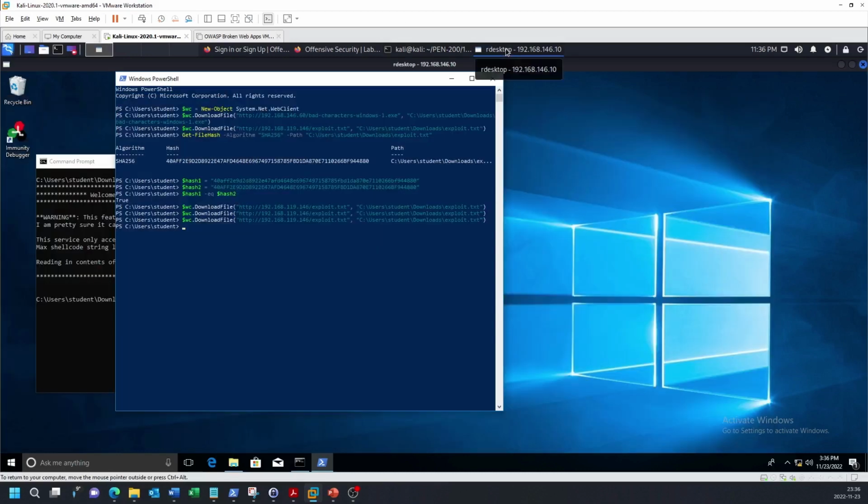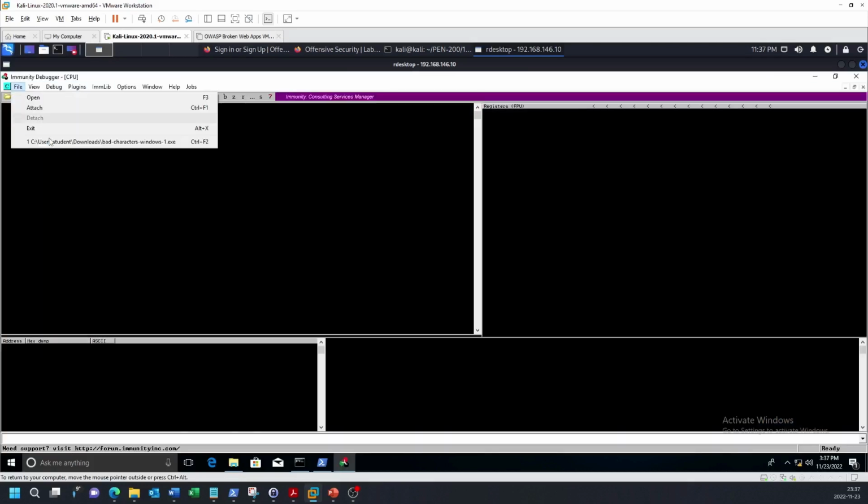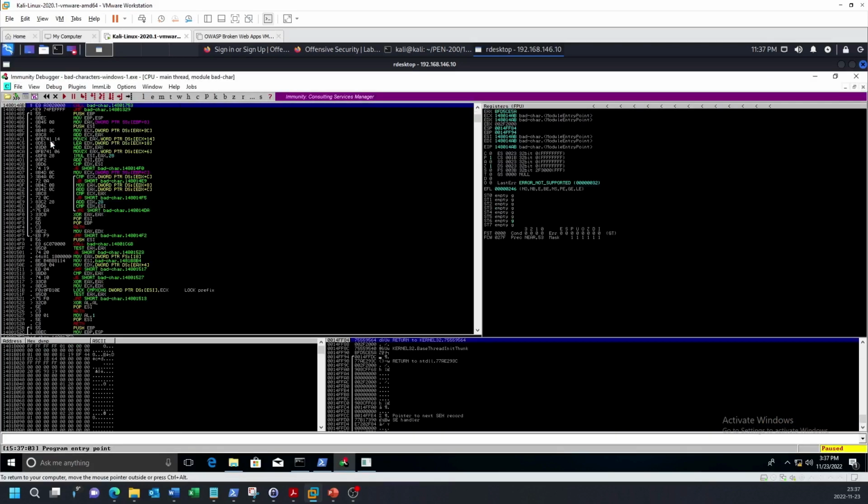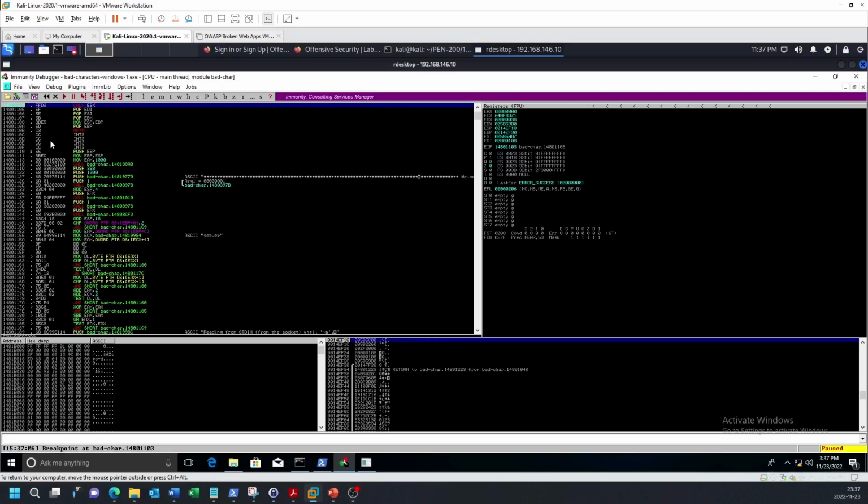Back in Windows, download a new copy of the exploit.txt file. Run Immunity again and open the exe file. Press F9 to run the application until we hit the breakpoint. Then check the memory dump for the EBX register. We've just finished the 2s, so we can start with the 3s. And at this point, I think it's easier just to read out the final digit of each byte.